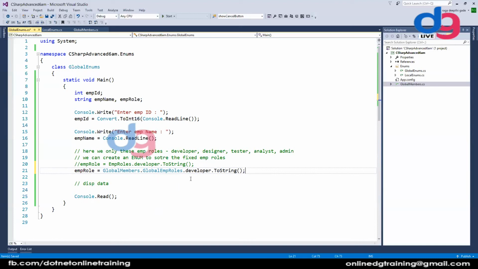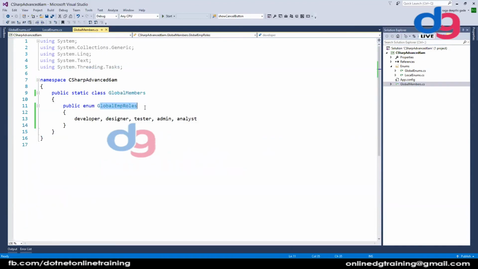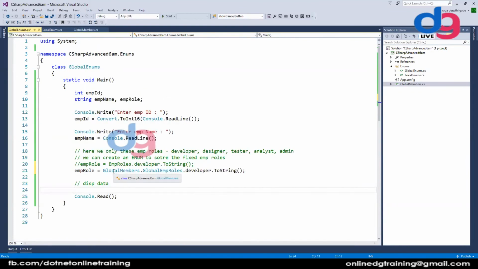This is like giving the path of it. Where is this global EMP roles saved? In the global members class, right? So you're saying that in the global members class, in this enum, you have this developer.